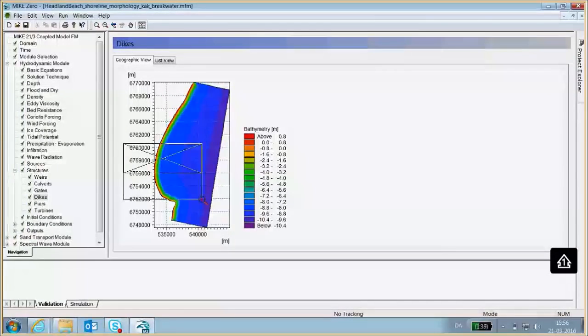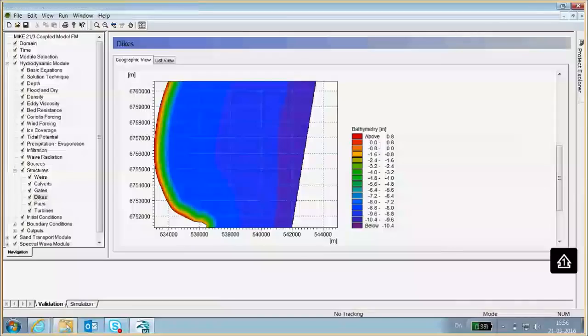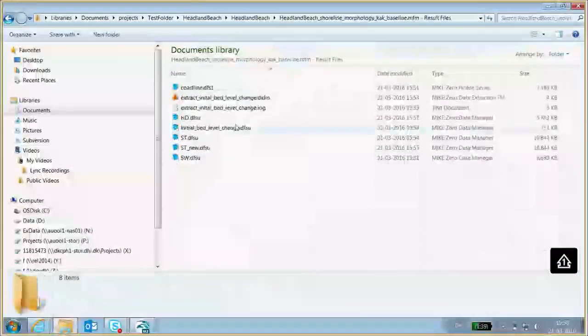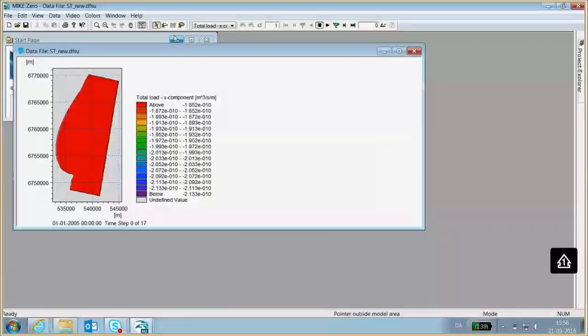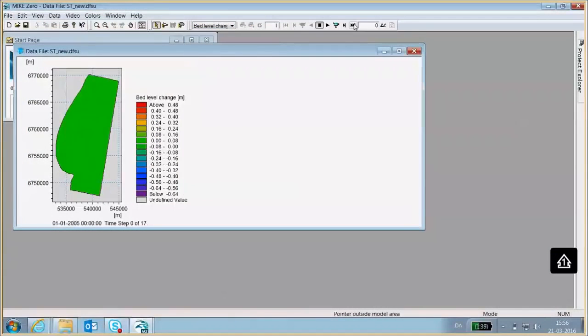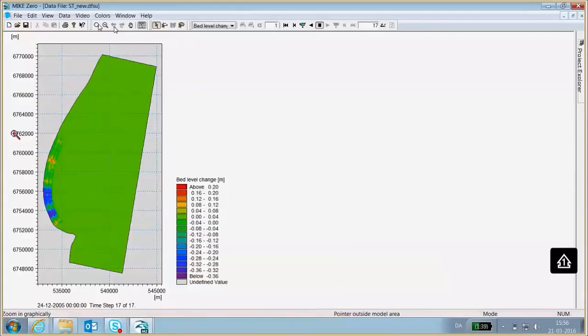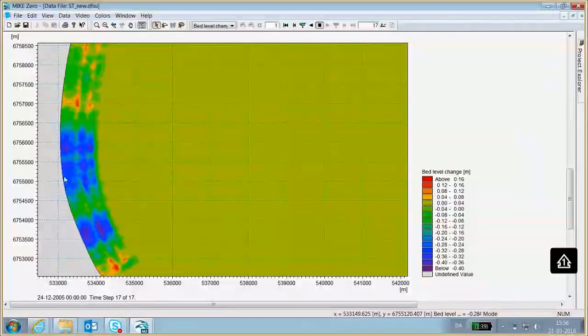if we just zoom in. So if we look back at our baseline result here, and then look at that bed level change, and then say, okay, we would like to protect this area here, so maybe we should have a 500 meter long breakwater, and maybe we will locate it from here to here.